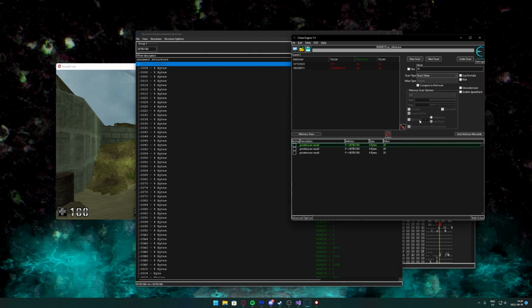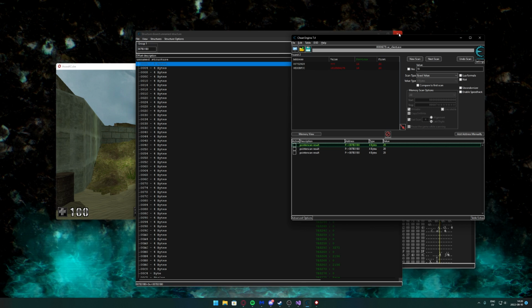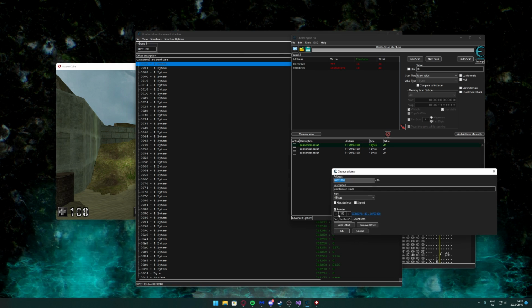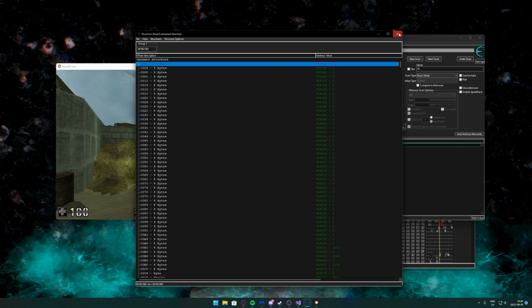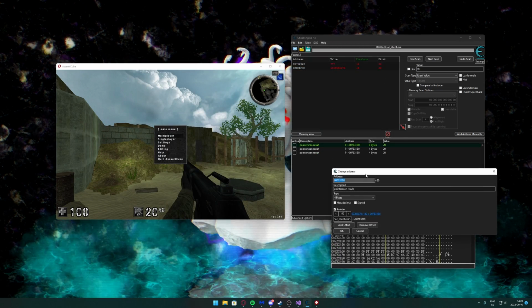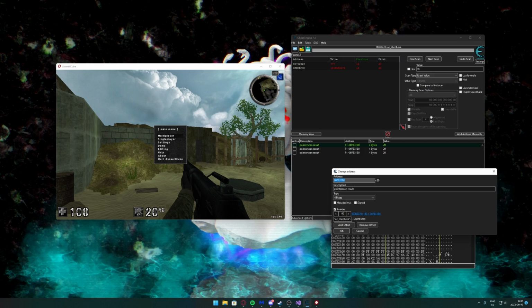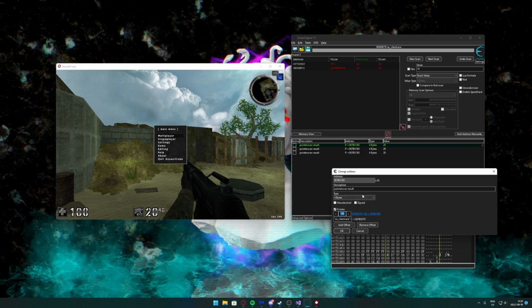Oh, it doesn't matter. We can just double click on it and you will see the offset here. We don't need to use find out what writes to this address. So if you just double click, you can get the offset here. So the offset for ammo,